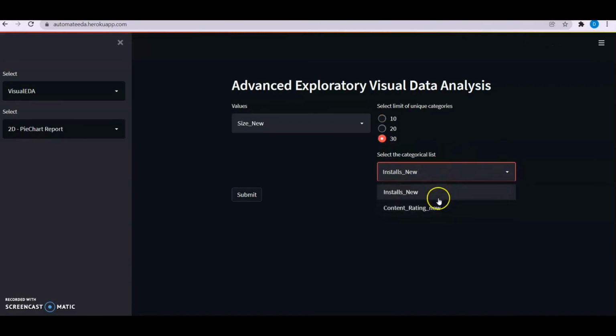two categories available. So basically if I'm selecting these 10 unique categories, it is showing that the columns with only 10 unique categories will be displayed. The list of all those columns which have only 10 unique categories will come here. And if I'm selecting this 30, that means only the columns with 30 unique categories will get displayed here. So I'm just selecting this 20, and I am selecting this content rating new, and I'm clicking on this submit